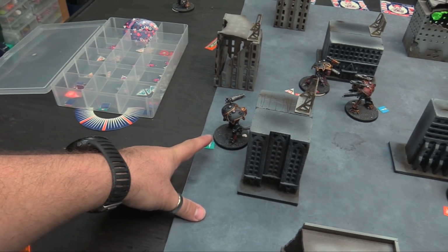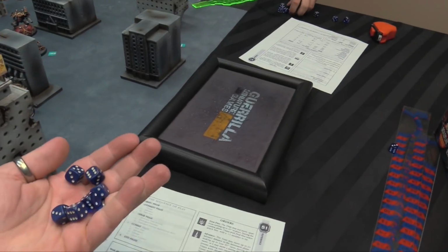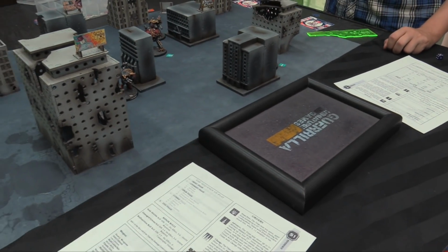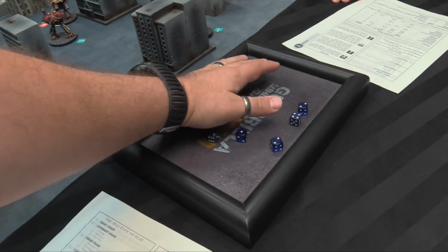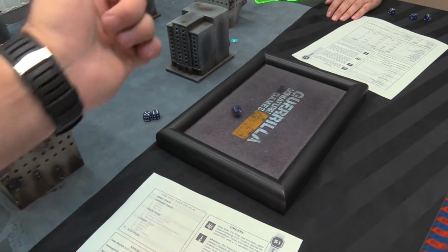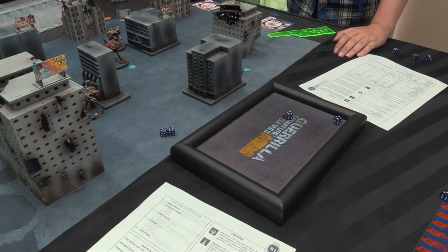My advanced fire is just going to be him. He's going to put all of his guns into this Deathbringer. So we get 8 shots. Let's do it. Looking for 5s because I'm not on fire. Just 2. And where do I land? First one. It's going to be in the body. It's going to be in the...